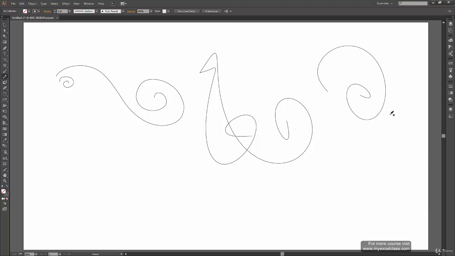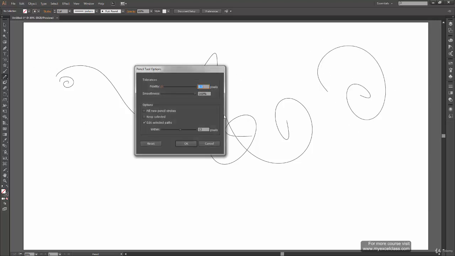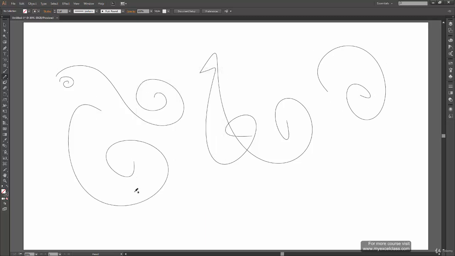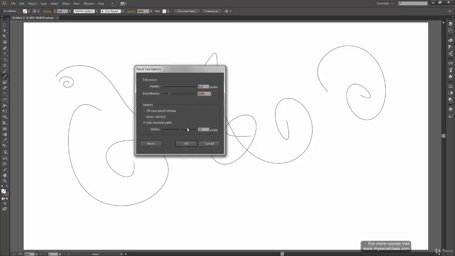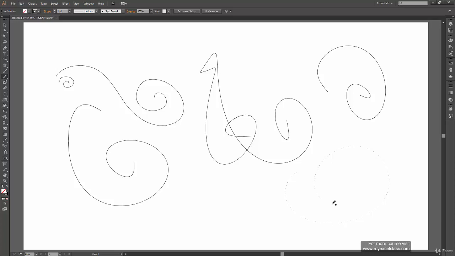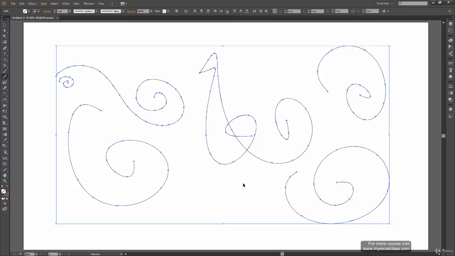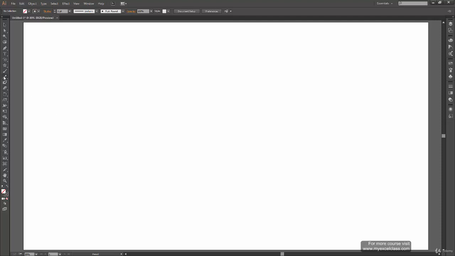It is trying to smooth it a lot, so we might want to decrease the smoothness a bit to 56% or something. And when I draw now, yes, I get some smooth strokes, but again, it's not what I want. So while using this tool, you might want to tinker with some settings and then see whether it matches what exactly you want, or you want to keep it minimum. All right, so that's smoothness.